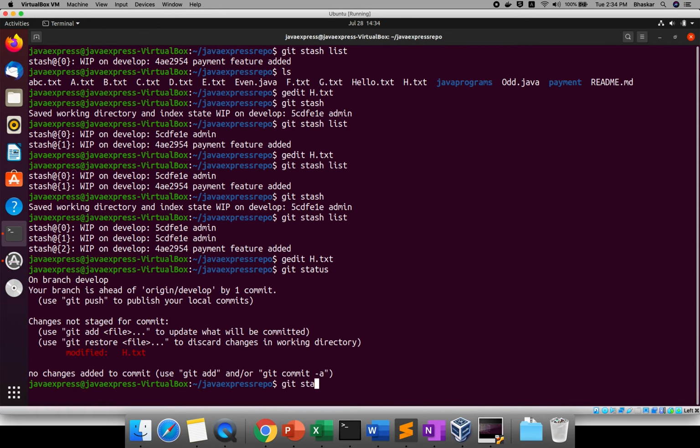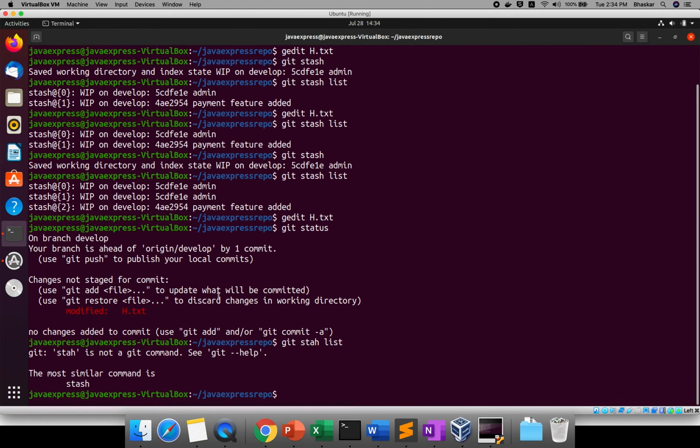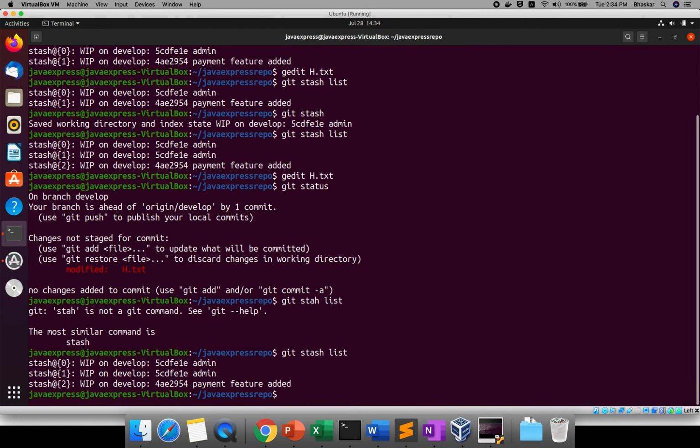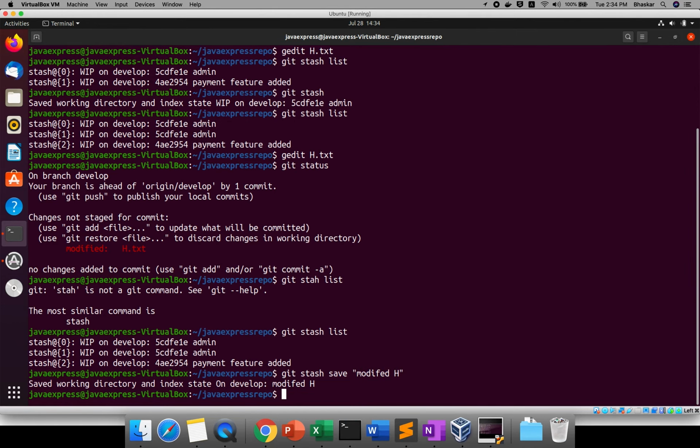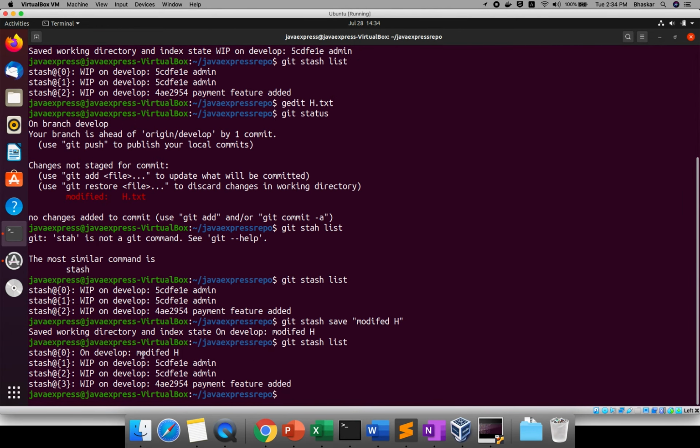If you use git stash list, okay, sorry, 3 stashes will be there. Now I'm adding the stash save command. I can give the message modified h. Now you can check, see, modified h.